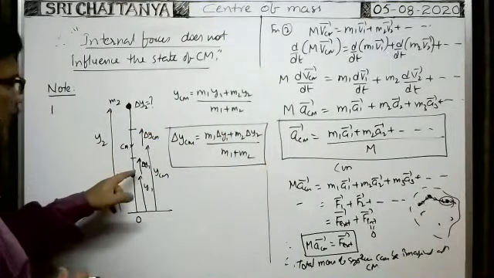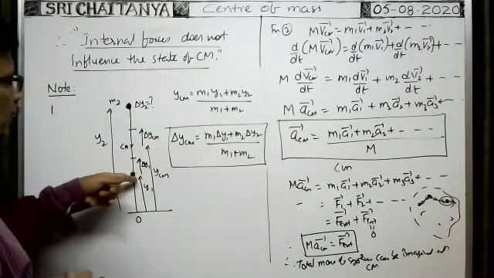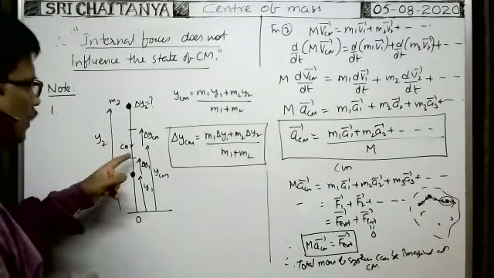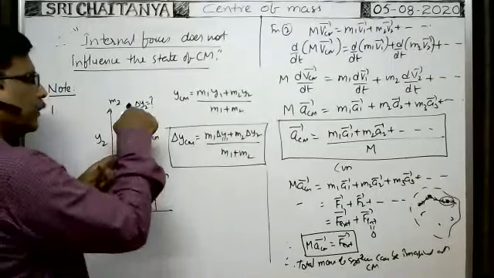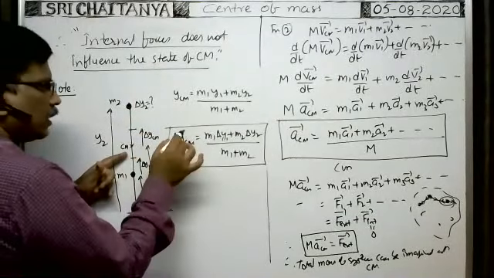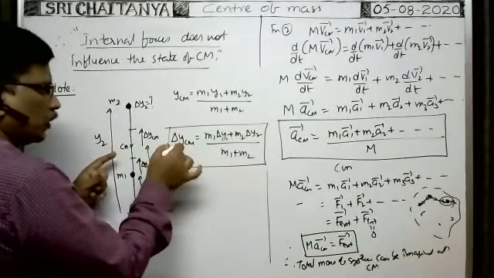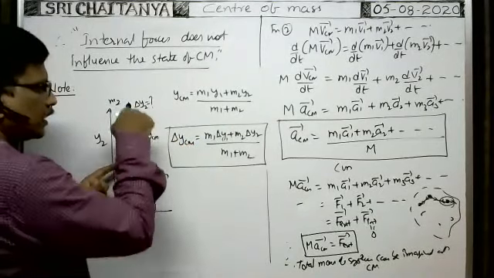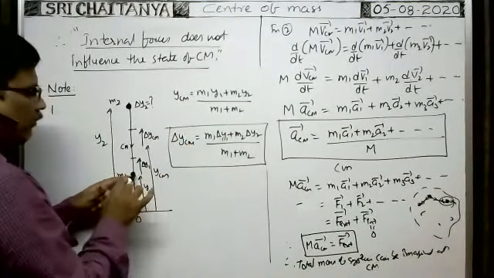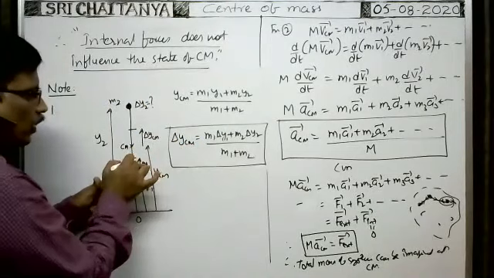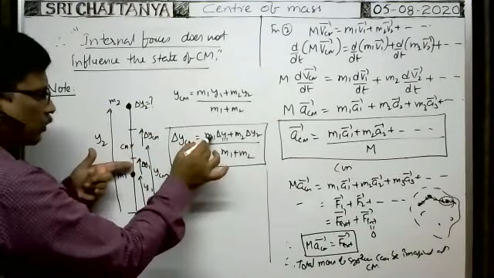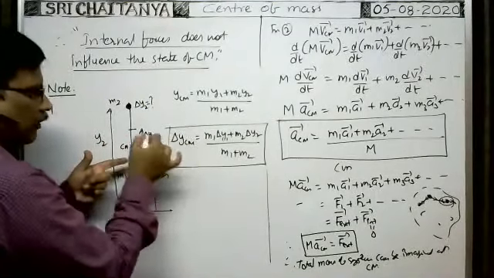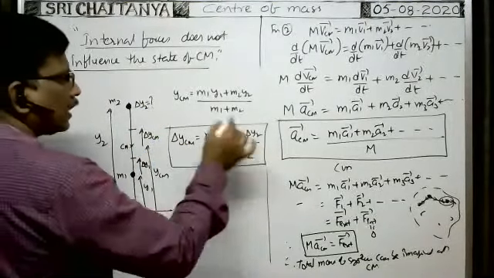Suppose the first particle is displaced through a distance delta y1 upwards; that is the reference direction. The center of mass is also displaced along the same direction according to the problem. That's why while substituting the data here, you substitute plus only, because delta ycm is also in the same direction. Suppose delta y1 is upwards and delta ycm is downwards. Delta y1 is the reference direction, so delta ycm downwards means you take a minus sign. You put the minus sign while substituting the data. Then you calculate delta y2.